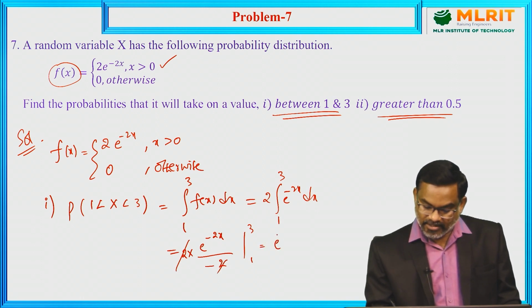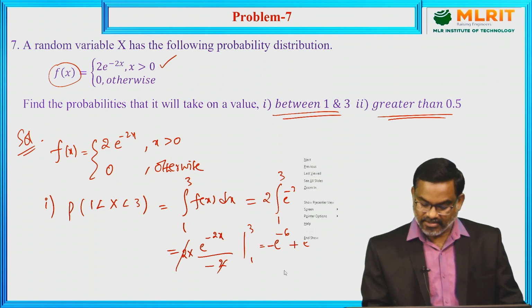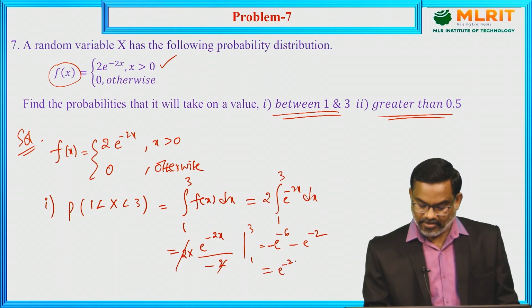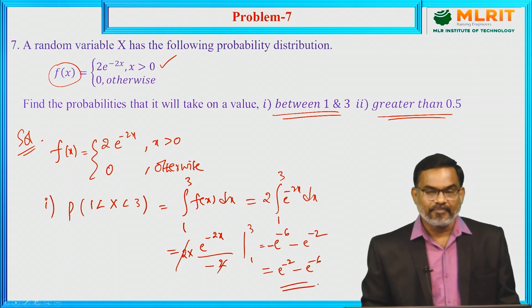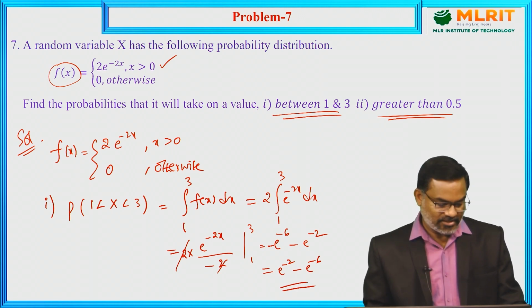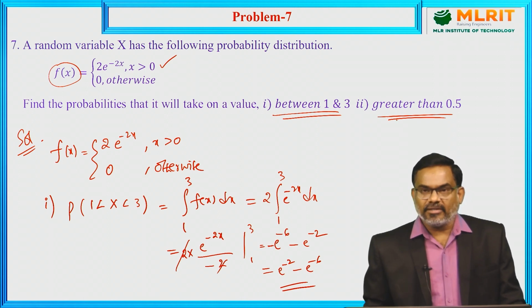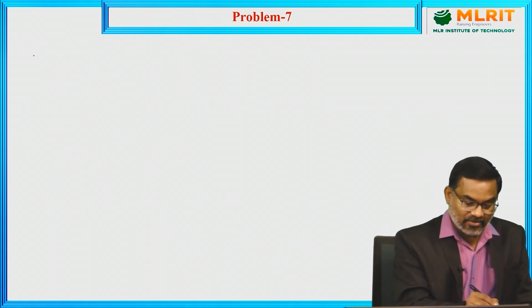The upper limit gives e power minus 6, minus, and here we have one more minus sign, the lower limit gives e power minus 2, and minus into minus is plus. So, the answer is e power minus 2 minus e power minus 6. The probability that x lies between 1 and 3 is equal to e power minus 2 minus e power minus 6. We can find the numerical answer using a calculator also. And next, the probability that x is greater than 0.5. So, the second question: probability of x greater than